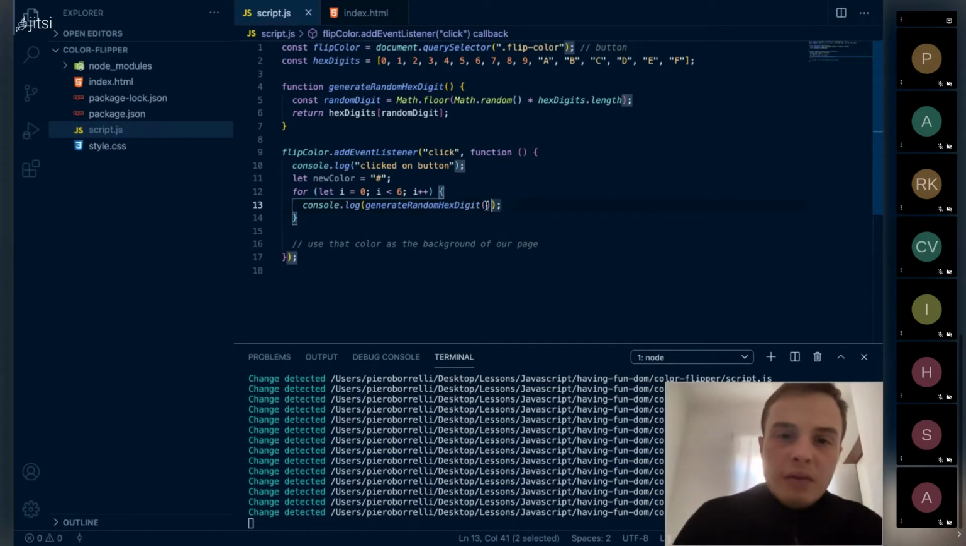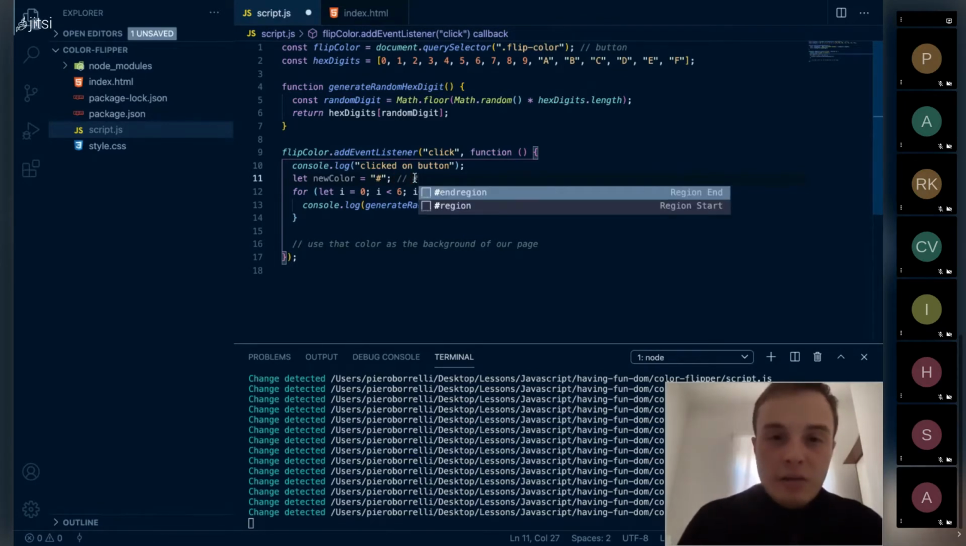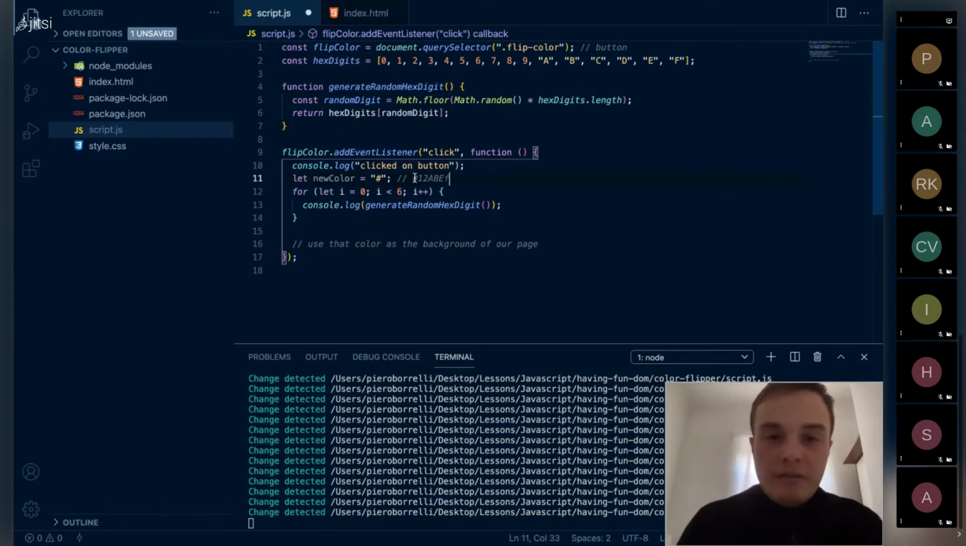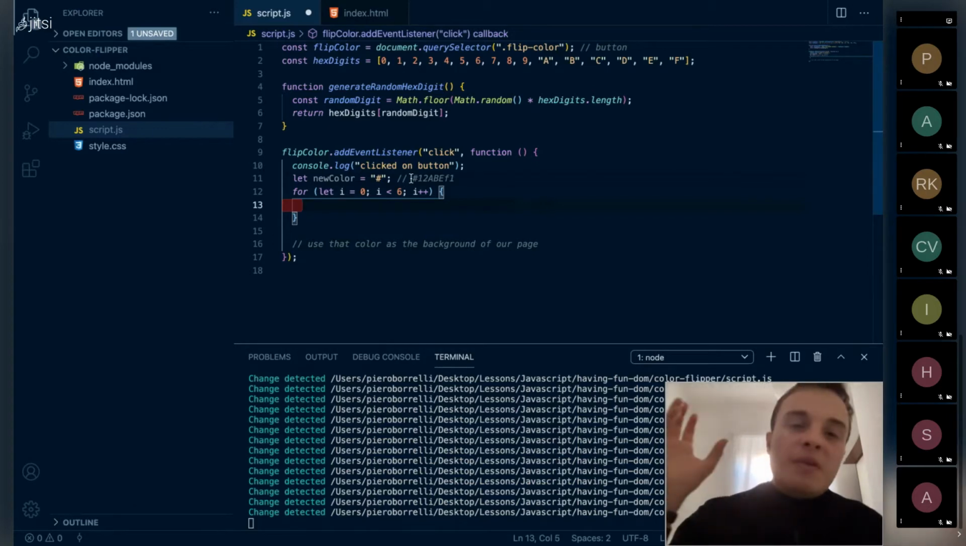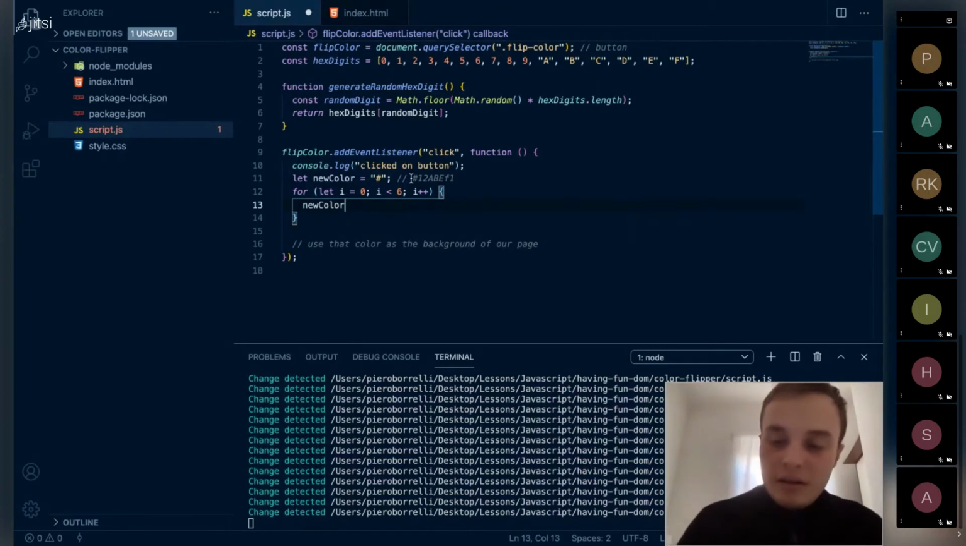So now that I have selected, I have generated a random hex digit, what do I want to do? Well, I want to use that to compose our eventual final color. I want this to end up being something like 1, 2, A, B, E, F1. How do you do that? Do you remember the thing about type coercion? Do you remember that if you add something to a string, that something becomes part of the string? Cool, right? So what happens if I do new color plus equal, and I go